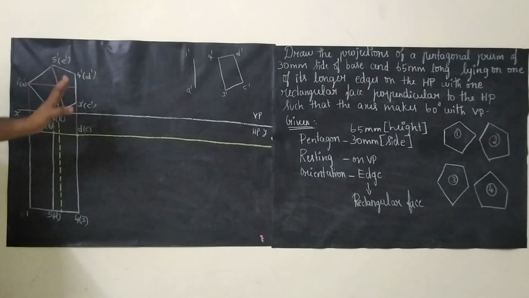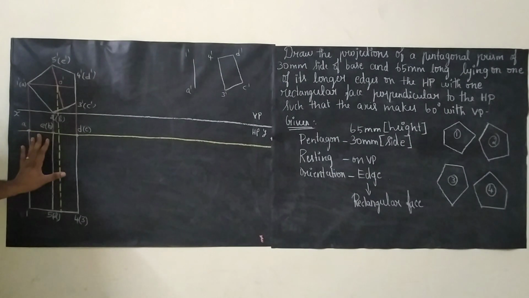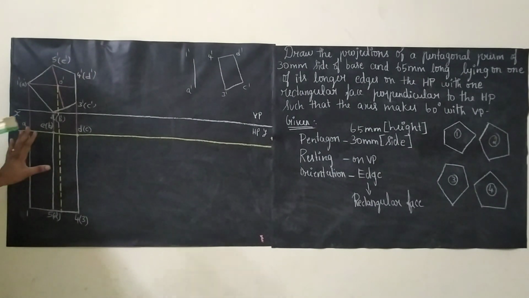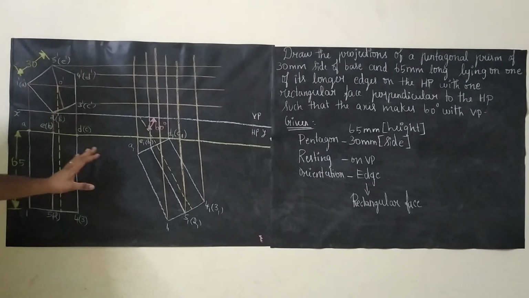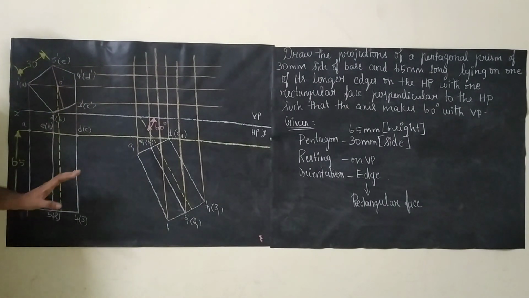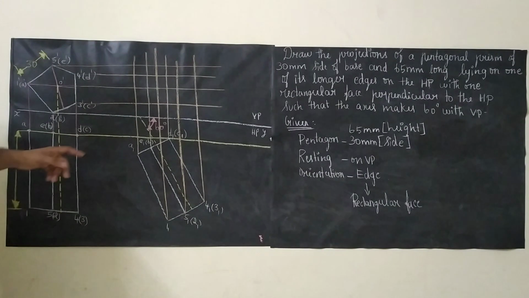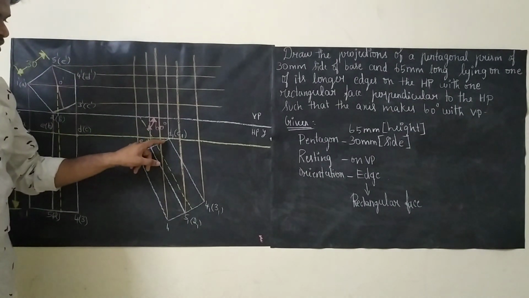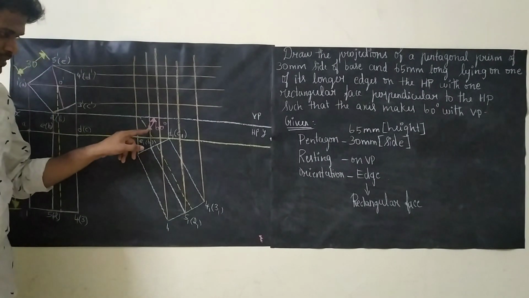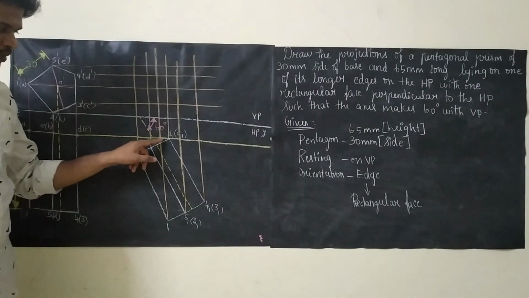Now we are going to incline this axis line to 60 degrees. I am going to incline this diagram to 60 degrees. Now we are just going to incline this axis to 60 degrees. For inclining this axis, just see here, this angle is 60 and this angle is 90. So the remaining angle will be 30 degrees. If the axis is 60, this one is 90 and the remaining will be 30.